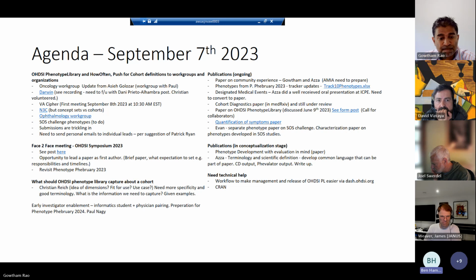To be clear, I think we should not just accept any concept set as a cohort definition. I think it really should be only those unique instances where they have been validated to perform as such. Otherwise, we would be guilty of importing all the concept sets that are in the concept repository. Right. Right.